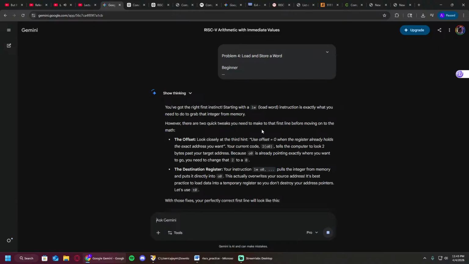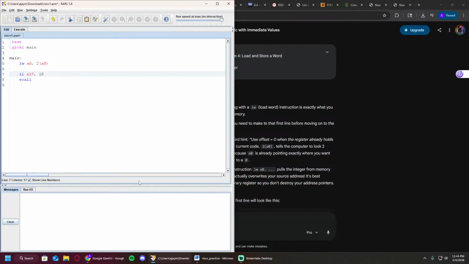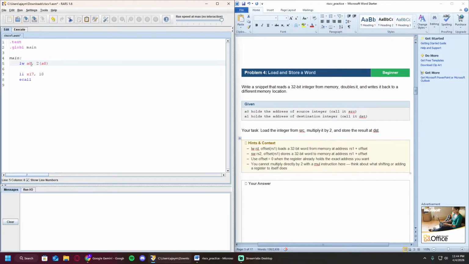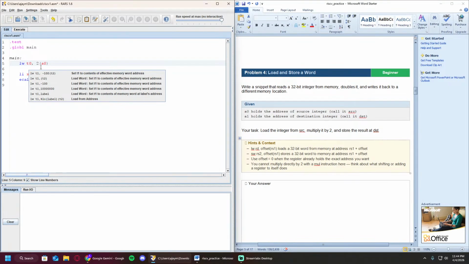However, there are 2 quick tweaks you need to make to that first line before moving on to math. Look closely at there. Use offset equals 0 when the register already holds the exact address you want. 2 bytes past your target address. Alright, so he wants us to change this to t0, so we don't overwrite, and then just change